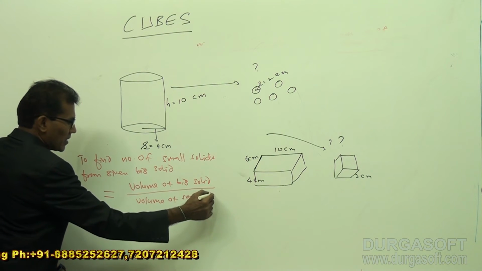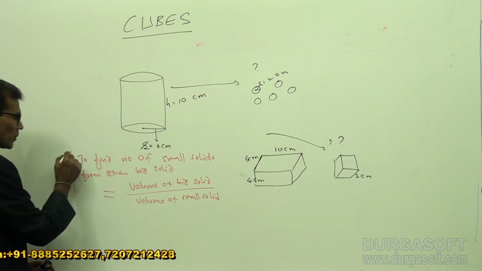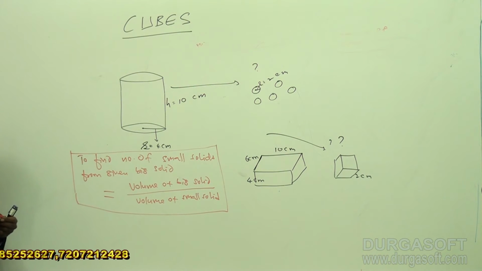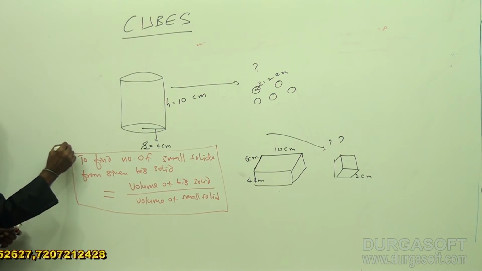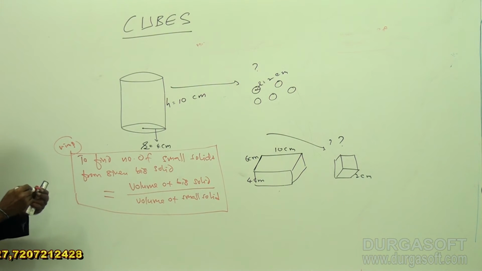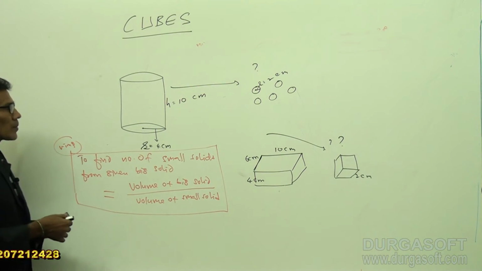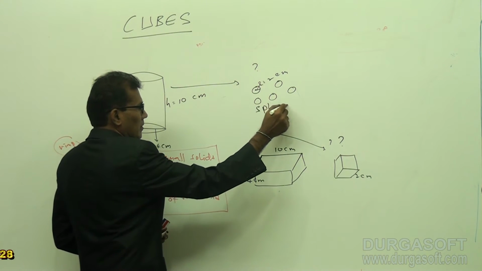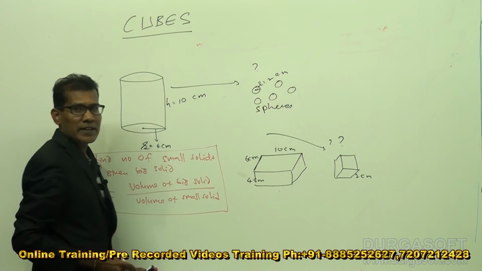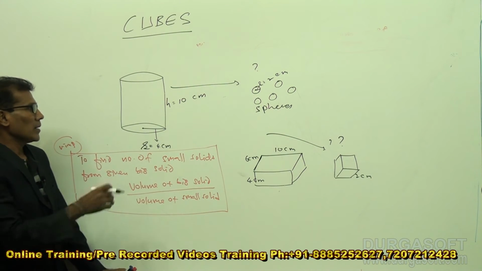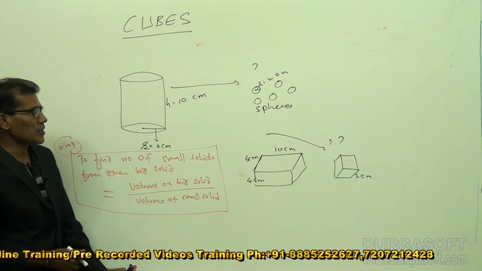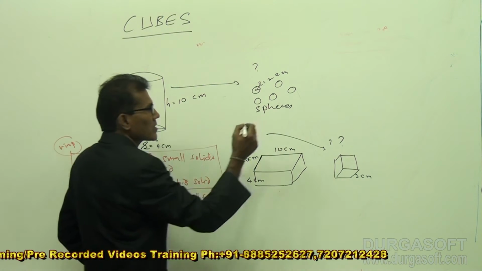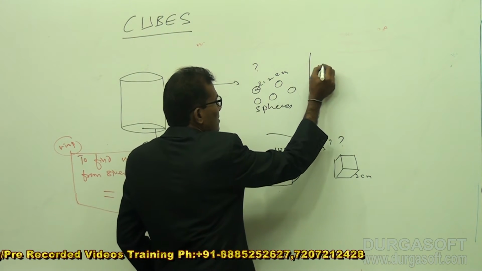This is a very easy formula to calculate the number of small solids made from a given big solid. This is very, very important. Now let us solve these two questions. Here the first question is, how many small spheres can be made whose radius is 2 centimeter, which are made from a cylinder whose dimensions are 10 centimeter height and 4 centimeter base radius? So here in this case, your solution is number of